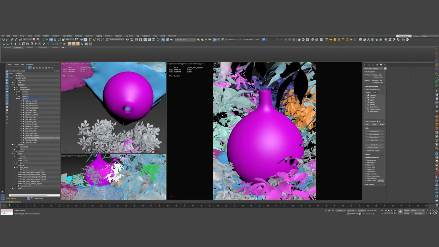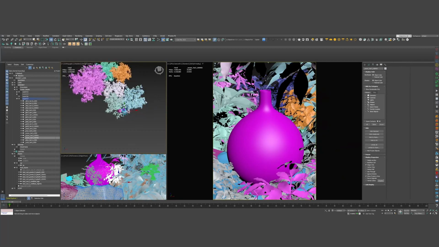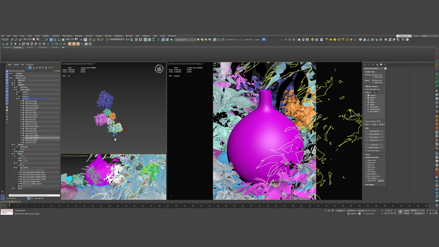We're still framing also the main focus of the scene, which is the vase and what's happening inside. As you can see, I'm kind of